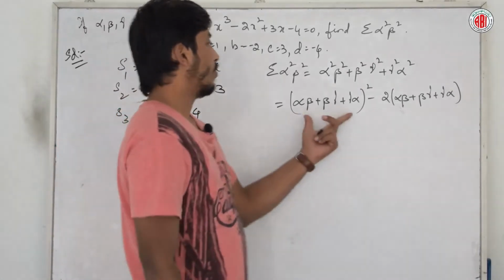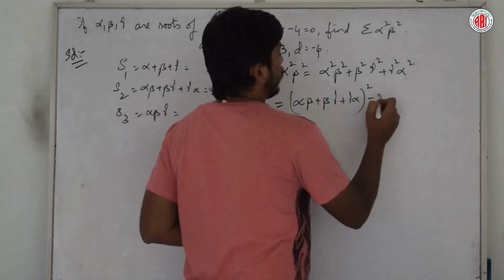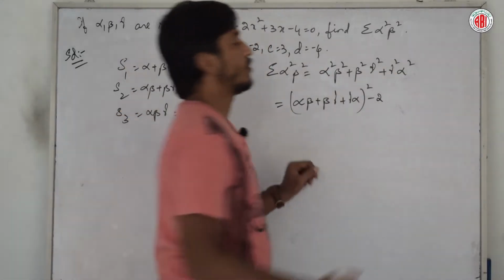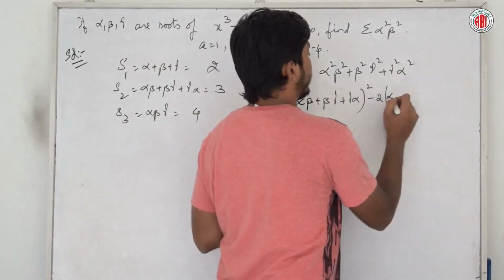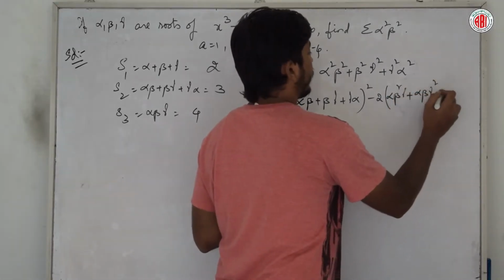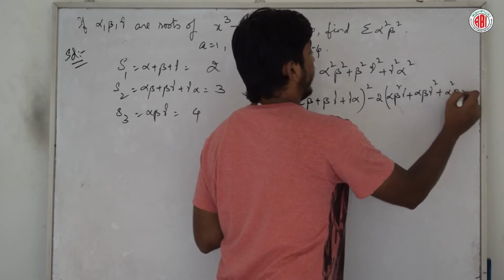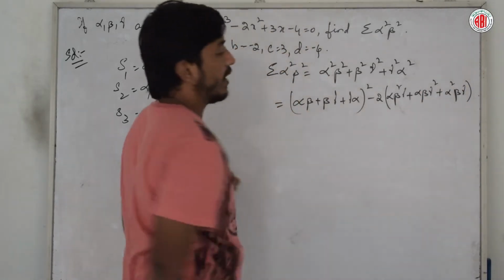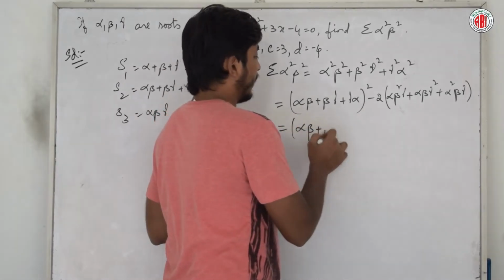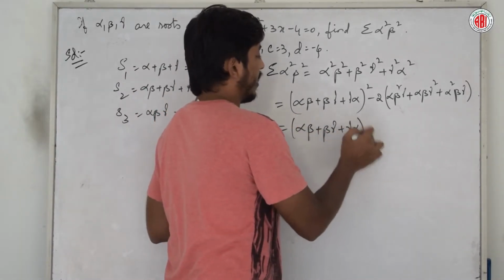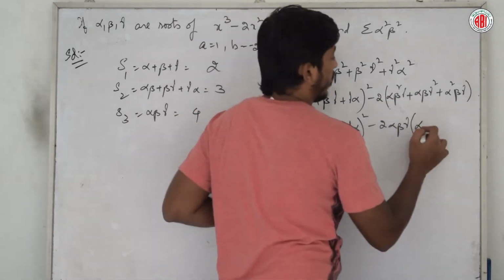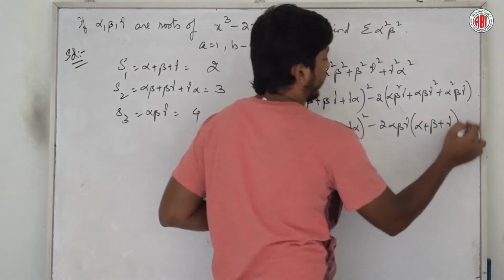So do I know this value? Minus 2 into AB, BC, AC. If I multiply this, it will be alpha beta square gamma, next alpha beta gamma square, and one more alpha square beta gamma. Can I take alpha beta gamma common from all? So we will get the formula as minus 2 alpha beta gamma into alpha plus beta plus gamma.